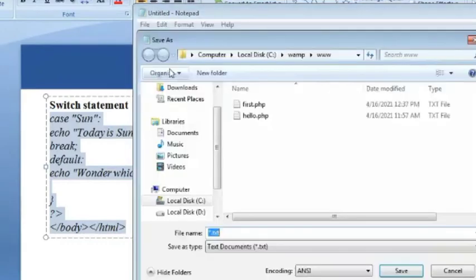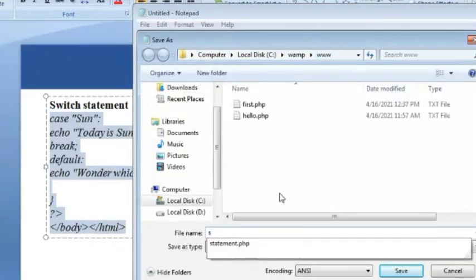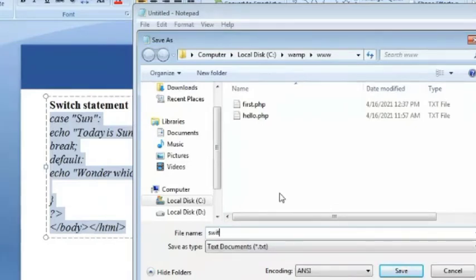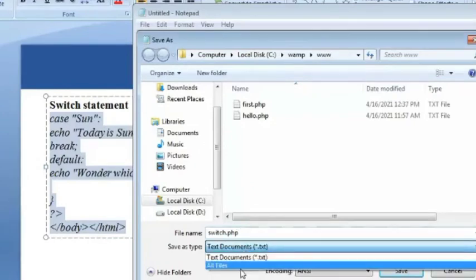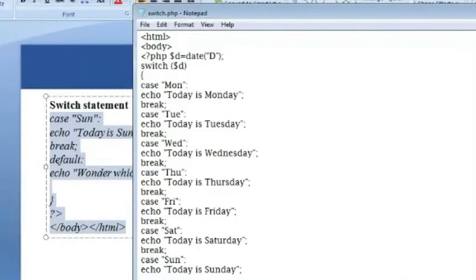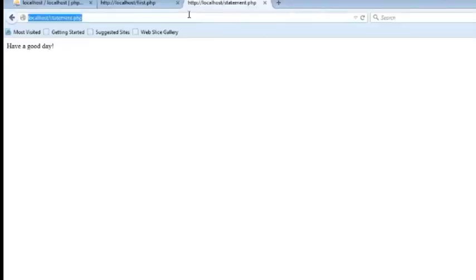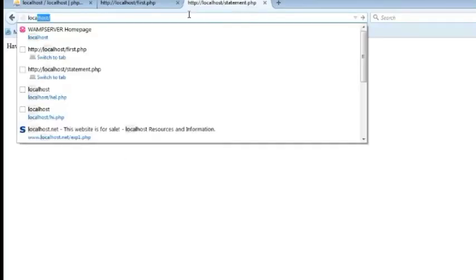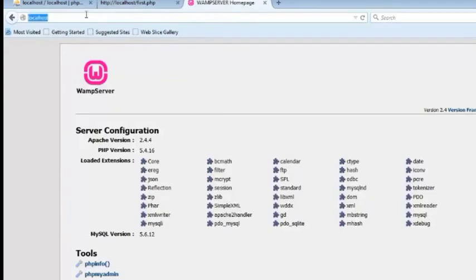I save it under the WAMP folder and www as switch.php, with save as type all files. Then I take localhost. What is my program name? My program name is switch.php.